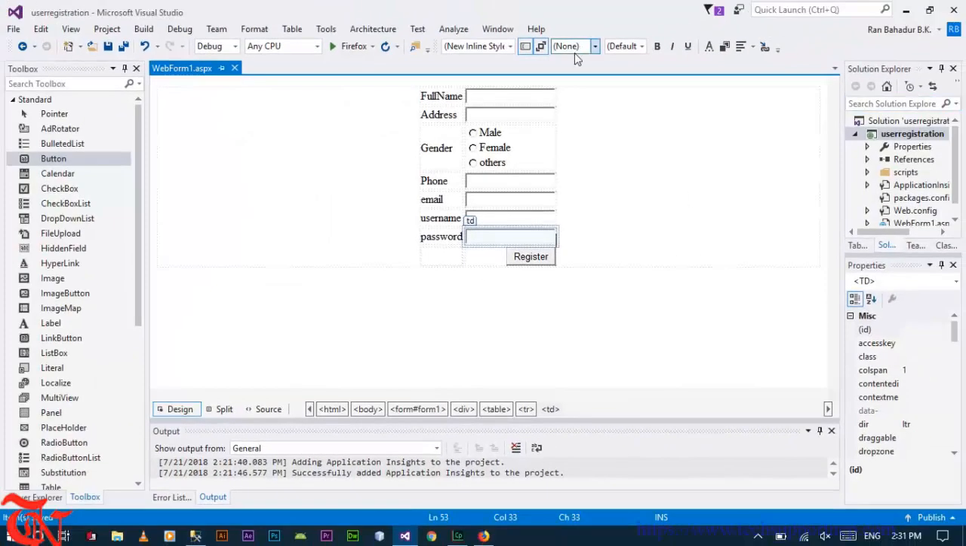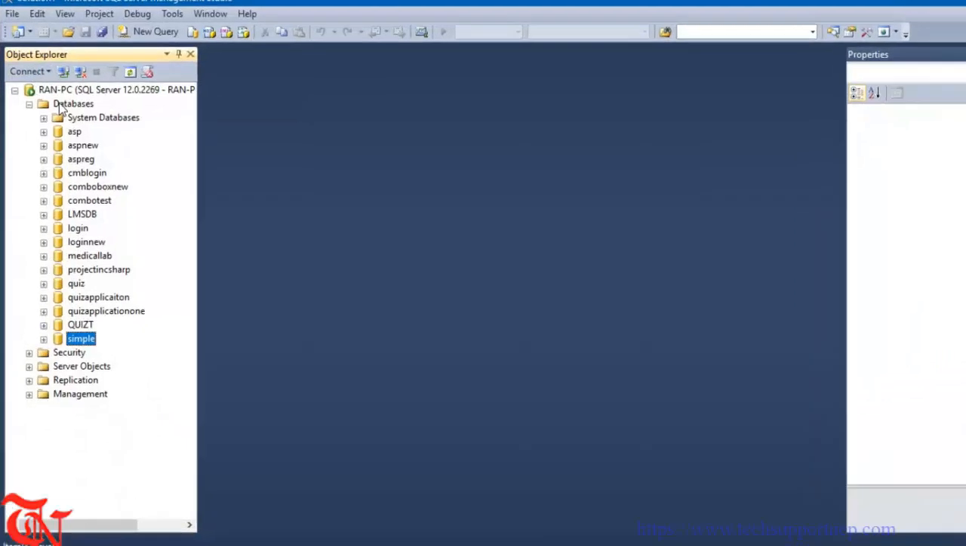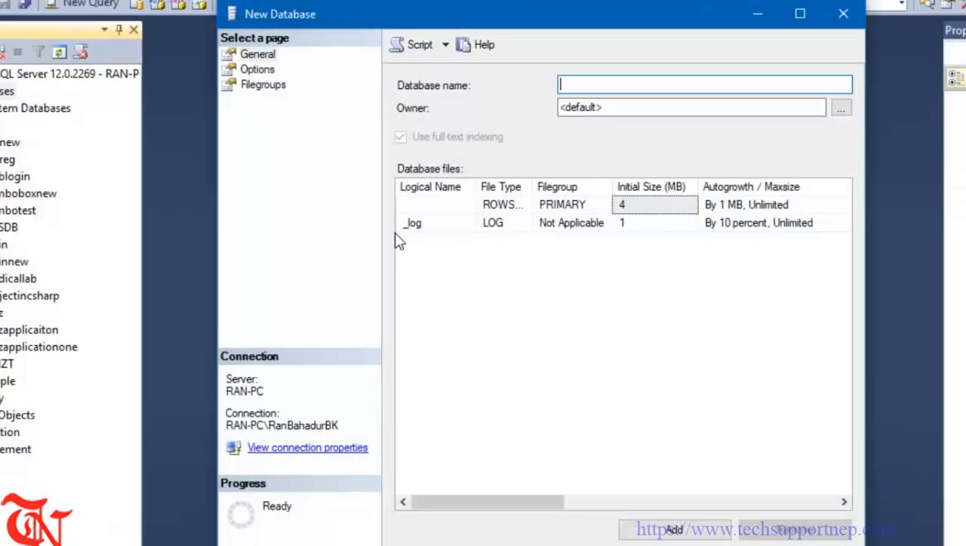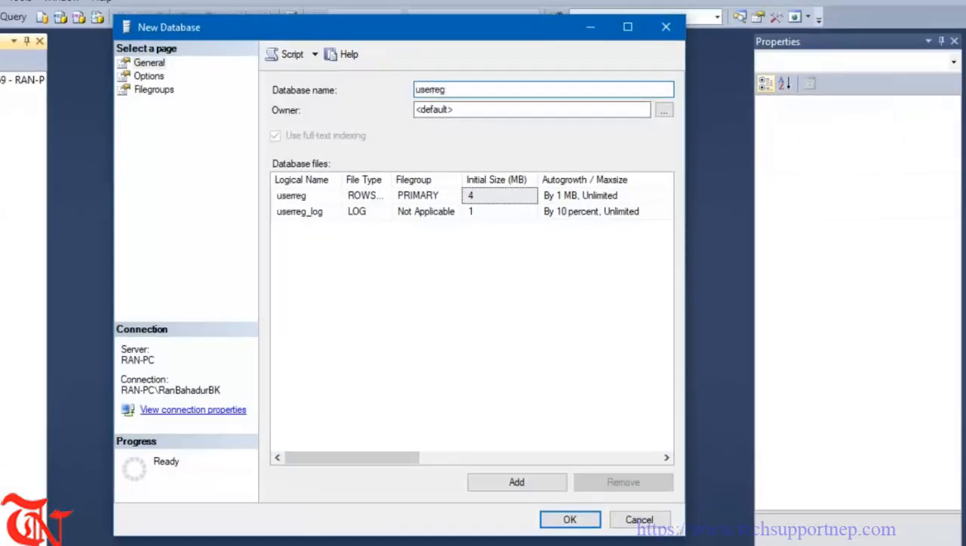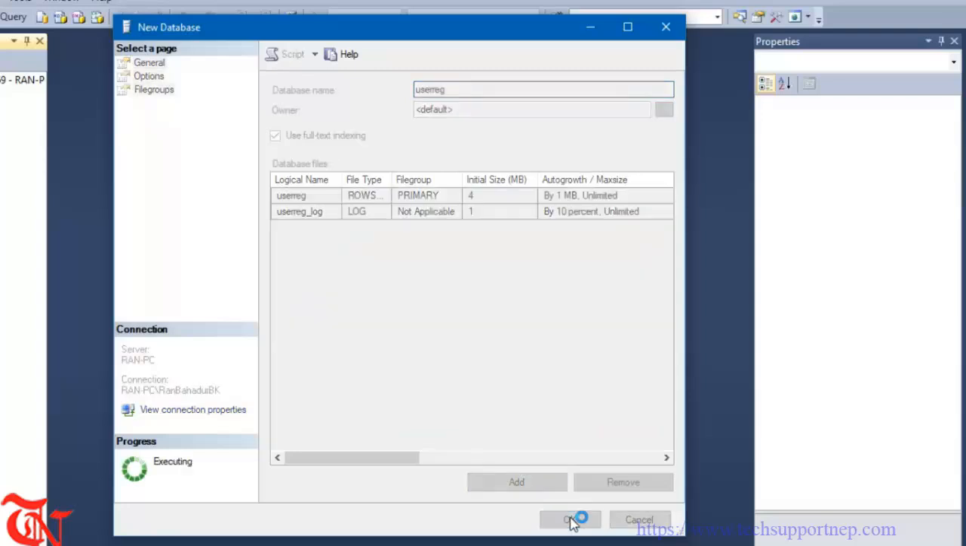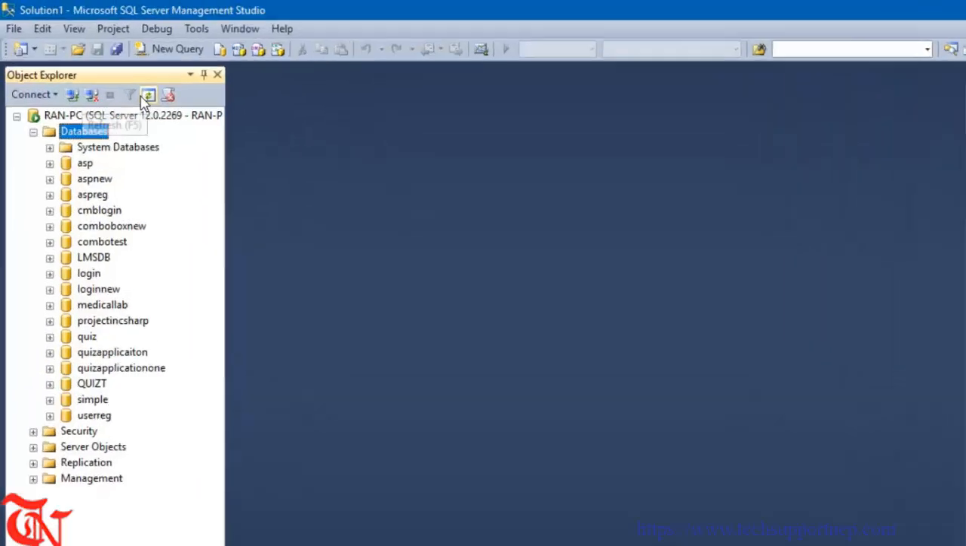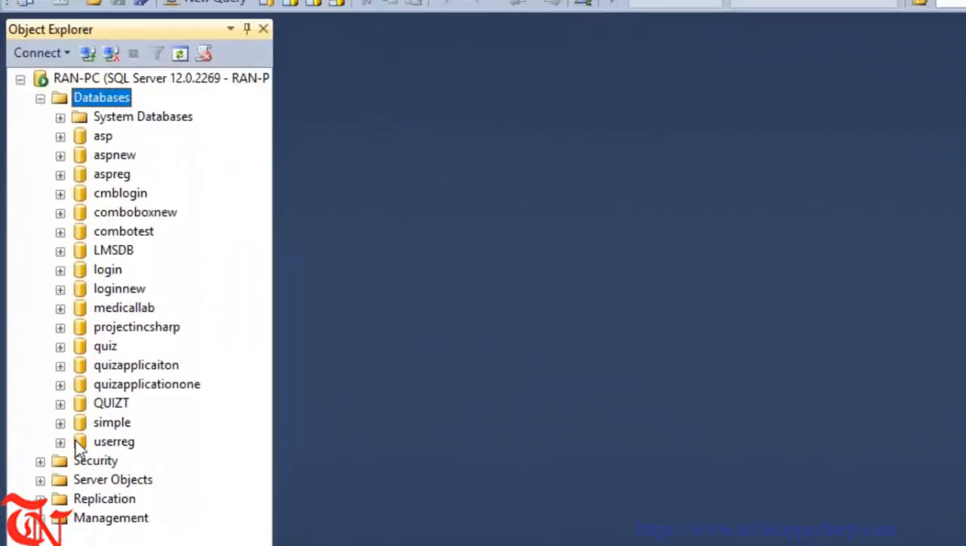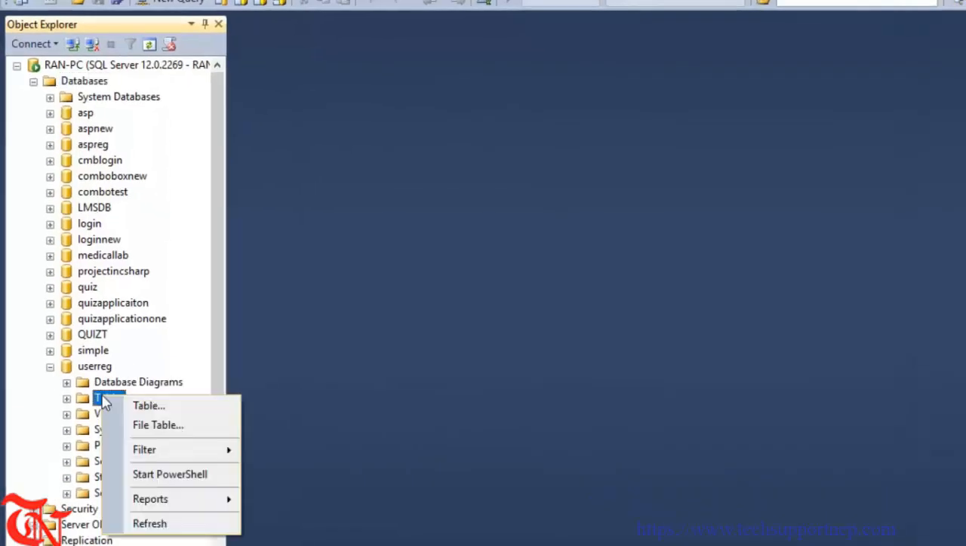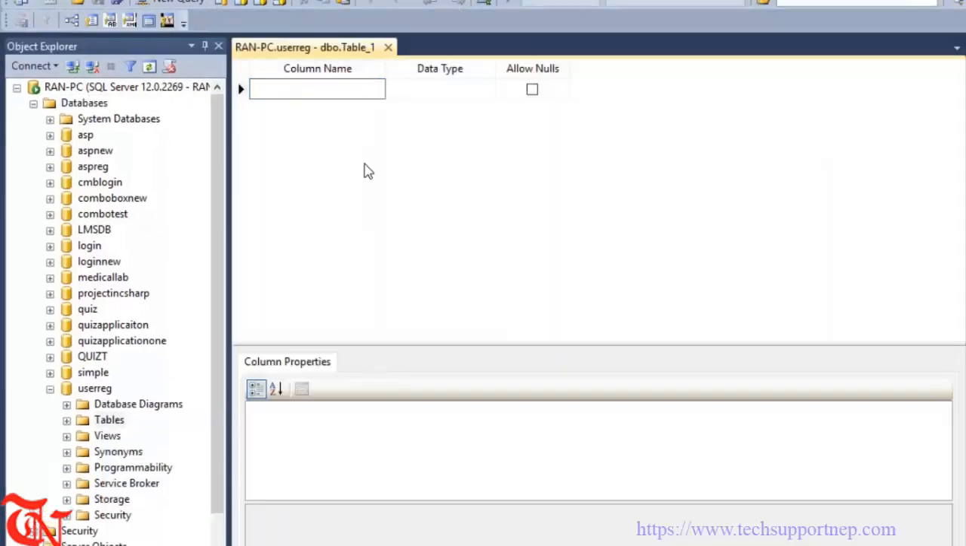Now what we are going to do is, we are going to create one database in SQL Server. So open up SQL Server, right click over database, new database, user register, click OK, and click over here, refresh, and expand this database. Right click over table and click on table, and here we are going to provide the